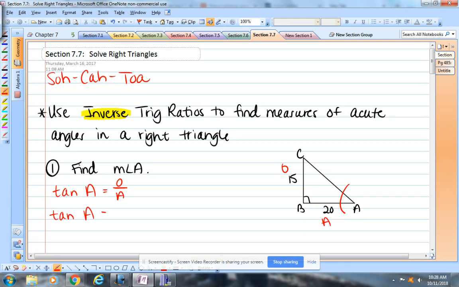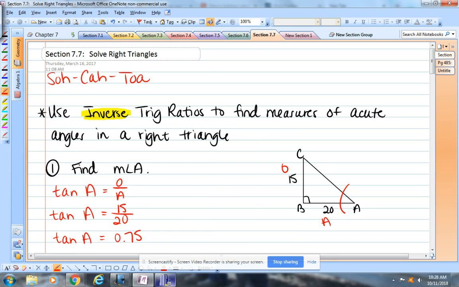So tangent of angle A, what is the length of this leg that's opposite from angle A? 15 over 20. And what is 15 over 20 as a decimal? 0.75. So tangent of angle A is 0.75. That's what the tangent equals. But if we want to find what angle A equals, that's what we're trying to find, is the angle measure